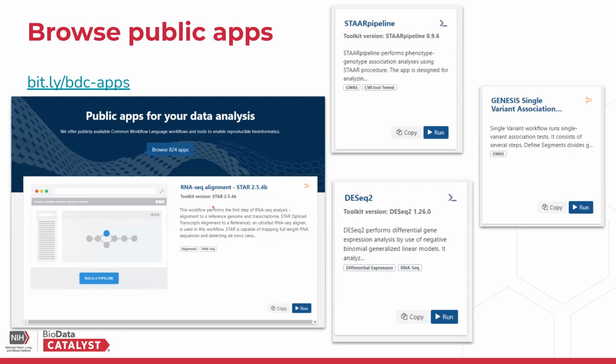So you can browse public projects. You can browse public apps. So here's that link again. There's 824 Common Workflow Language workflows that help you enable your research. And I just highlighted a couple different things. A new one, which we're actually going to talk about next month in detail, is the STAAR pipeline. This is a highly requested pipeline for doing genotype phenotype associations. It allows you to run the Bioconductor STAAR R package using the GUI and also scaling it in the cloud